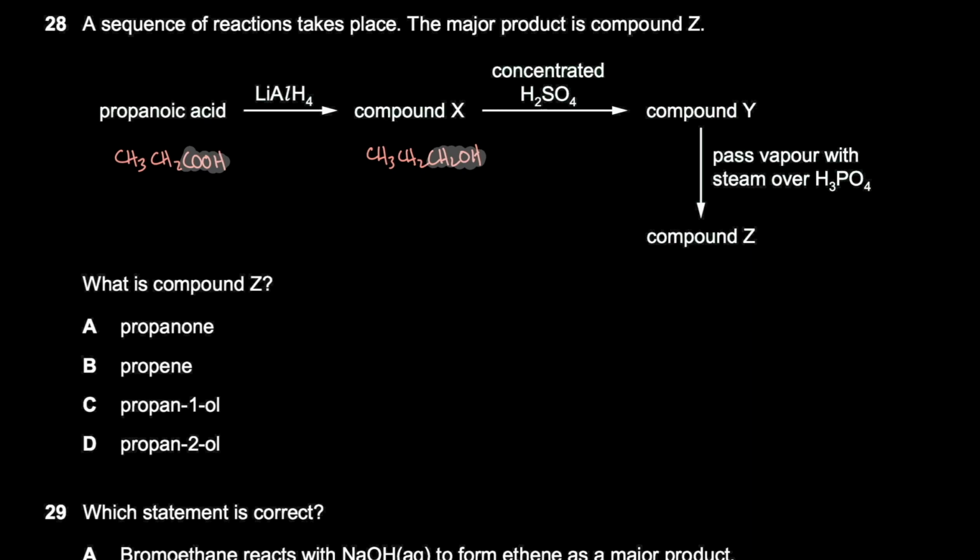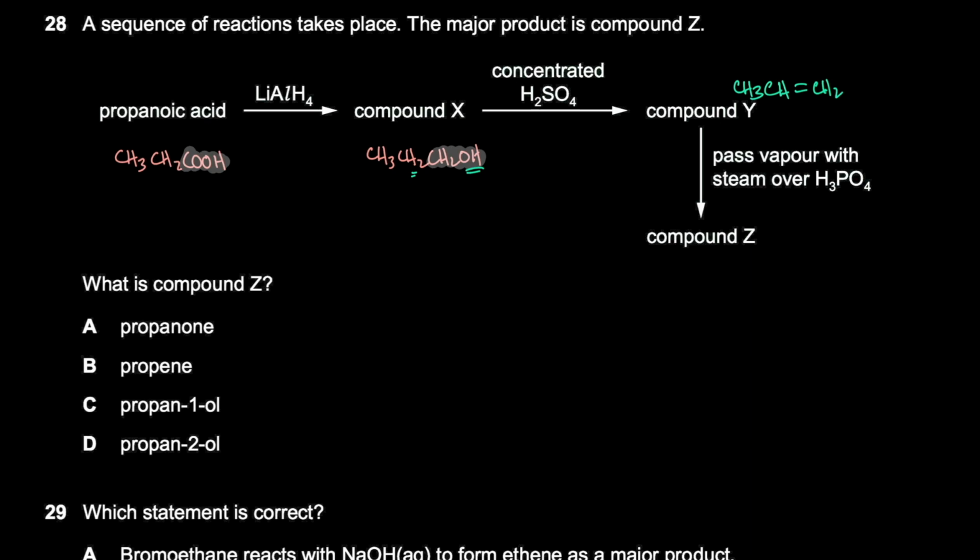Then we react this propan-1-ol with concentrated sulfuric acid. So that is the dehydration of alcohols, right? Elimination. The mechanism is elimination. We make an alkene. So what we're going to do is we're going to remove the OH and a hydrogen from the neighboring carbon. So we end up with propene. Again, we're removing the OH and a hydrogen from the neighboring carbon,